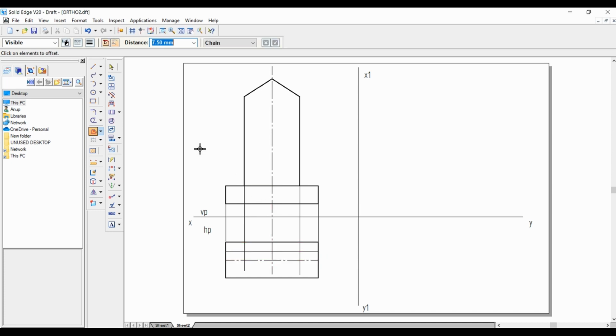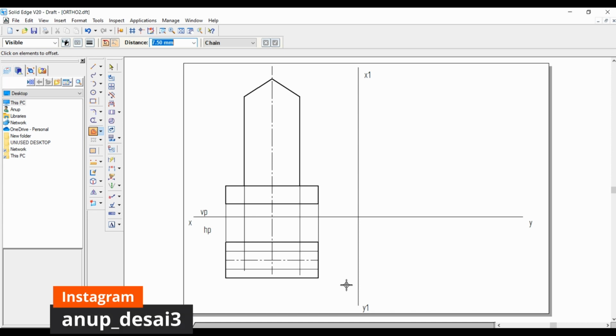Once again select the offset option, select this line, and select the distance as 7.5 mm. Now to the bottom like this, then right click. So now we have got this inner rectangle.